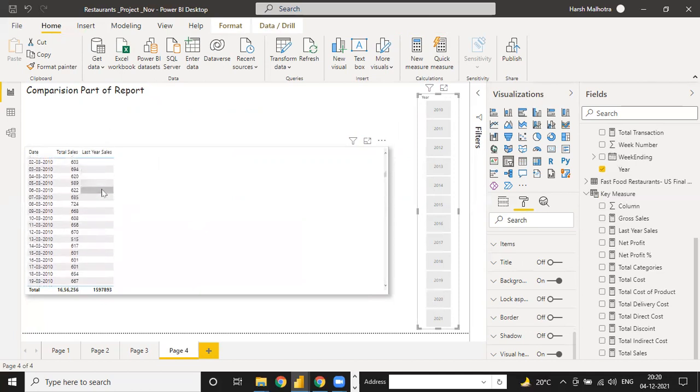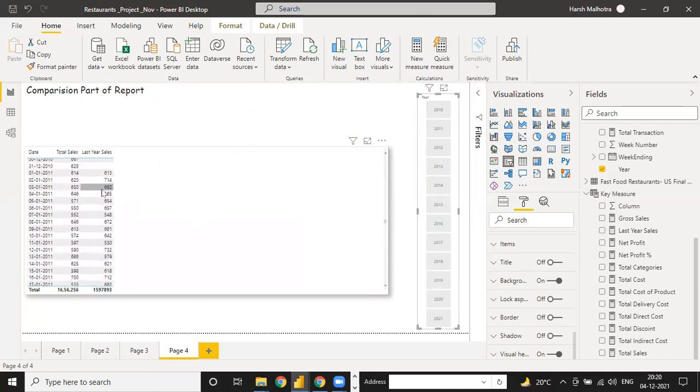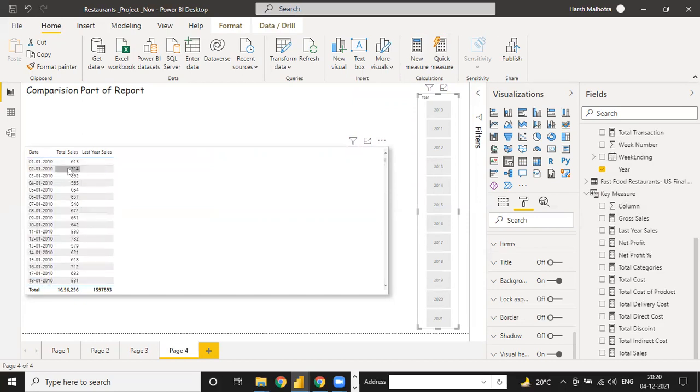But by the side, if you go into 2011, it will show you the data. 1/1/2011 is 614 and 1/1/2010 is 613, and see, it is a correct answer. Okay, so the same way you have to compare your data. See, if I click on 2014, this is your current year sale and this is your previous year sale. Got it? Or any doubt? No, got it. Got it.